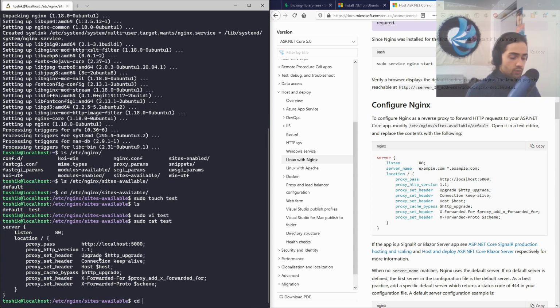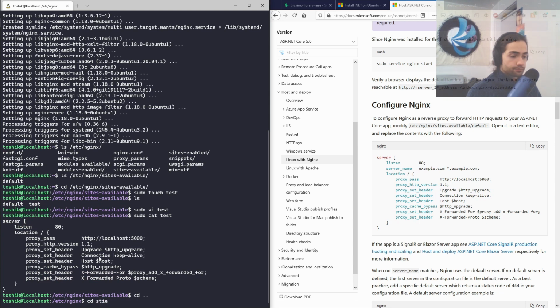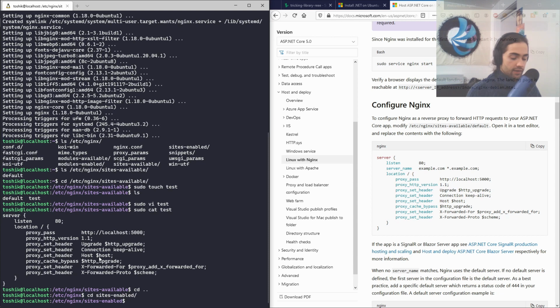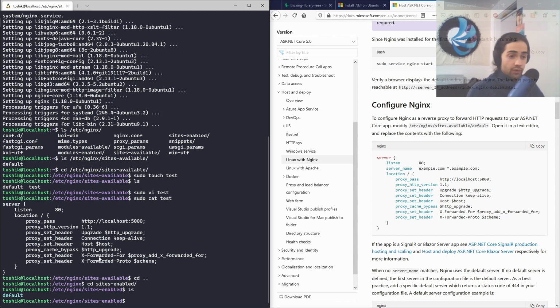Now what we want to do is cd into sites-enabled, and in here you're also going to have a default. You will notice that the color is a little bit different, and the reason for that is that this is a symbolic link, okay? I can't explain too much about symbolic links. All I think about it is like an object reference, right? If you have an object, you put it into one variable and you put it into another variable,